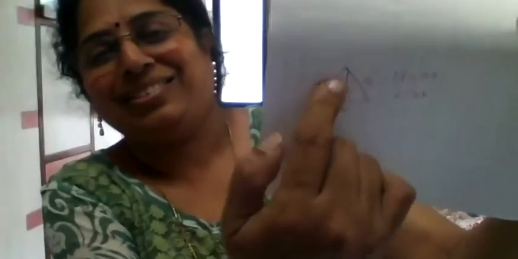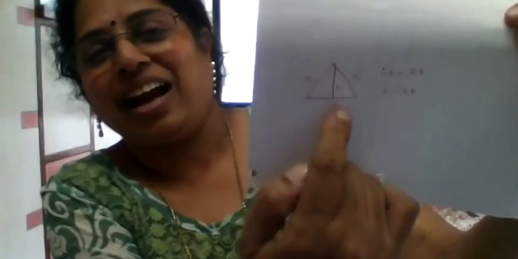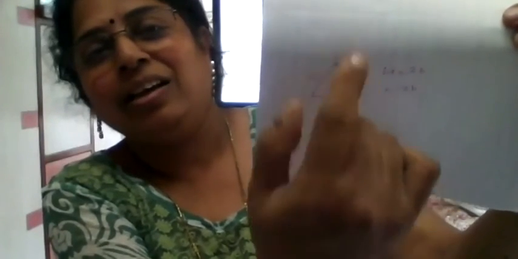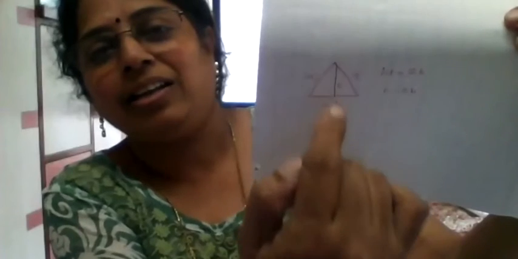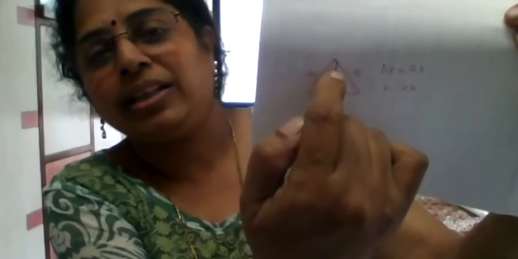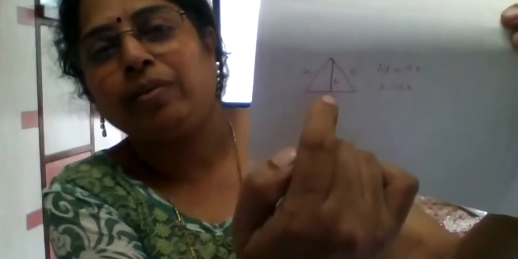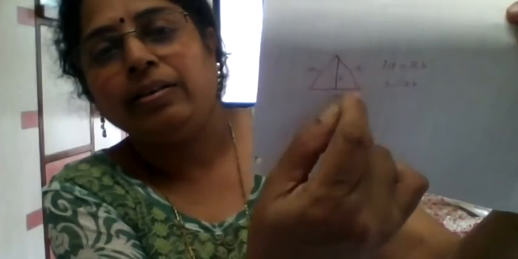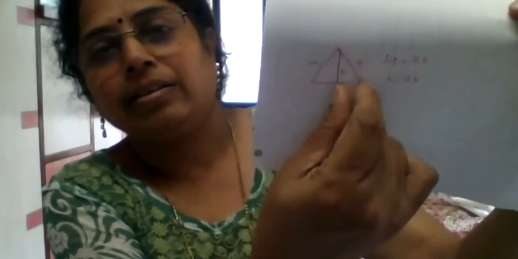What I did, I use this property: this height was given to me as a reference for my equilateral triangle, and I know that this height divides the base into 2 equal parts. So whatever I get, I will call that A. But that property is true for an isosceles triangle also, right? Yes, that property is true for isosceles also.